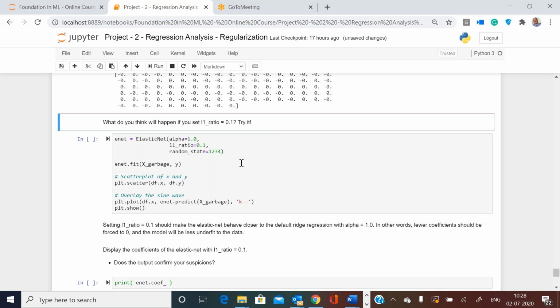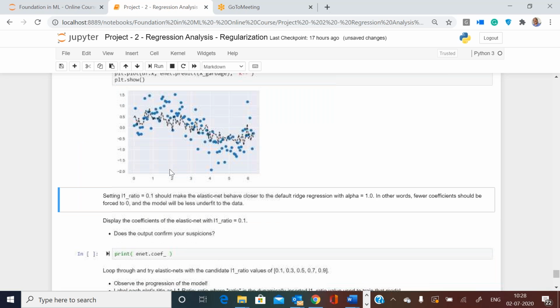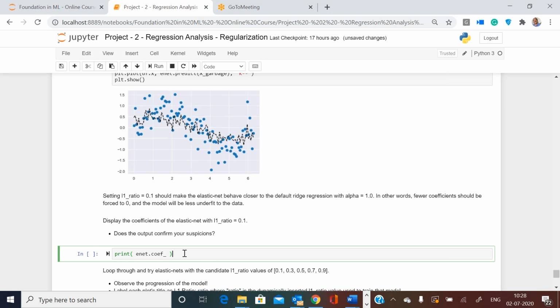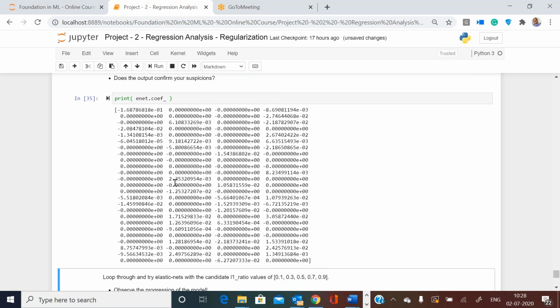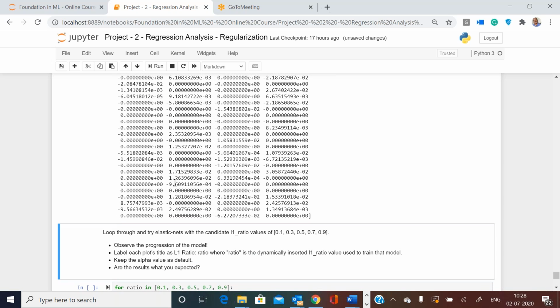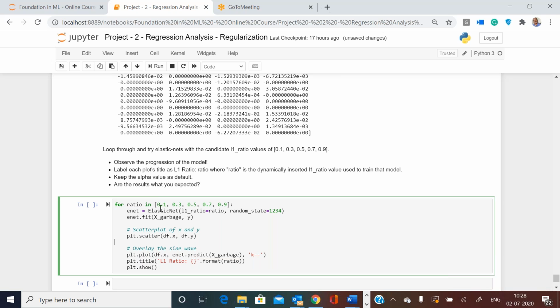Let us run the algorithm now with l1_ratio equal to 0.1, meaning lasso 0.1, and 0.9 is my ridge. More ridge means the beta j square terms will be higher. Then it is looking like this. If you look at the coefficients again, they will not be made zeros. A lot will be shrunk, but they will have some beta values. Now let me try with a range of L1 L2 ratio numbers.